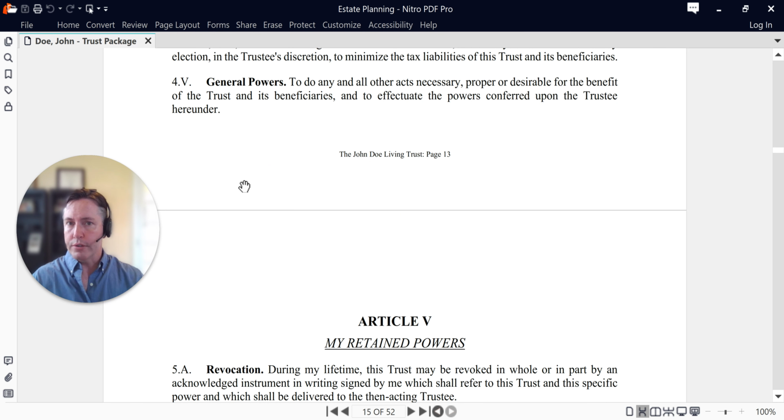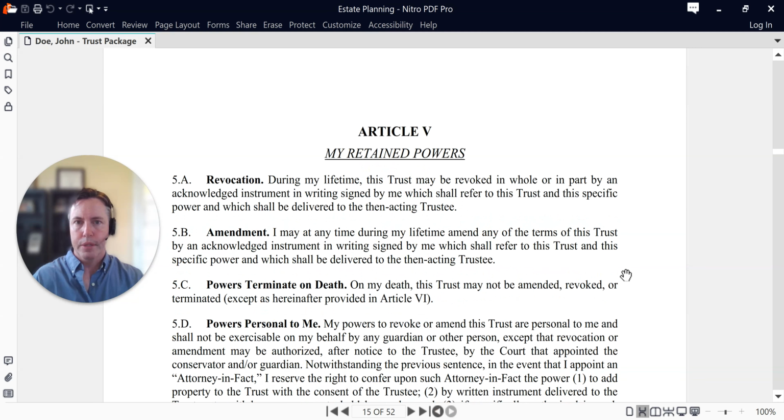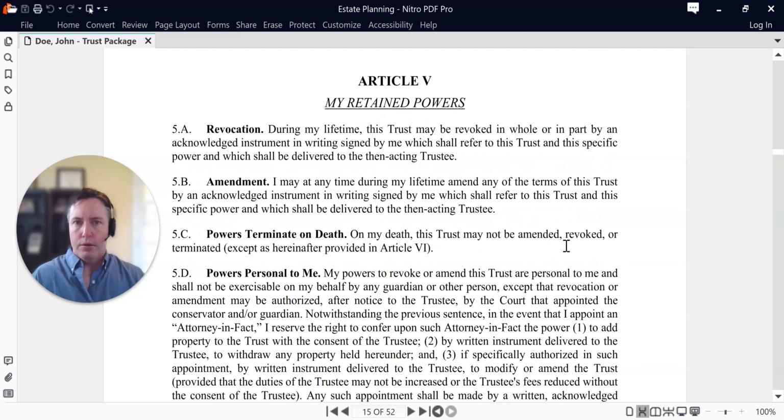A lot of this is going to look pretty similar to what we see in the power of attorney later on, but the power of attorney is for property and financial decisions for things you own in your name during your lifetime, and the trustee deals with trust assets. Now, these may be the same people wearing different hats, but they have kind of different duties over different things, so it kind of looks like it repeats a little bit. But all of that aside, there are certain things that only you can do as the creator of your trust. So it is revocable, it is amendable, but only you can do that.